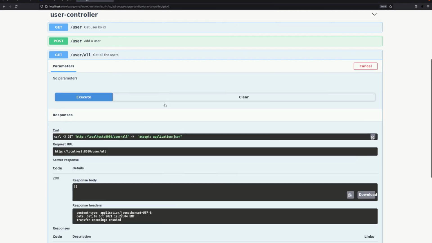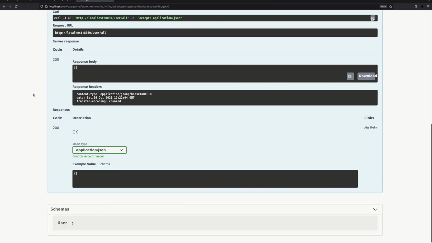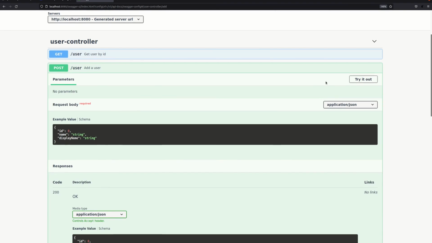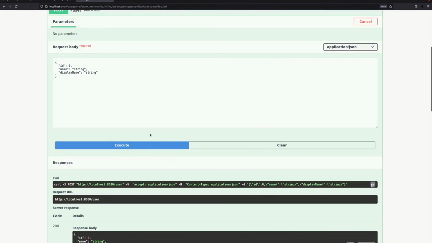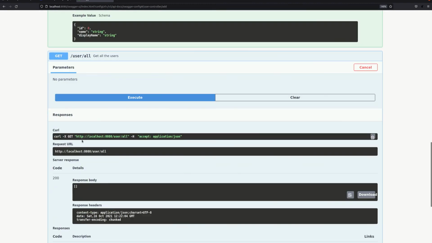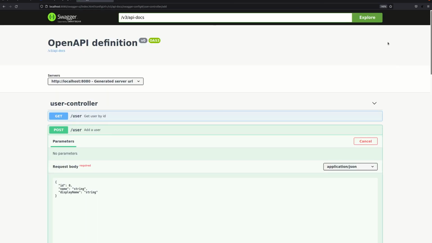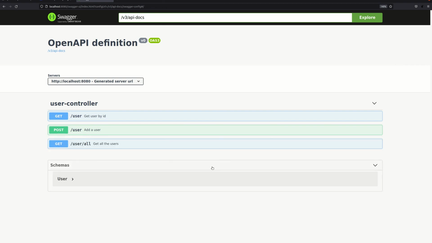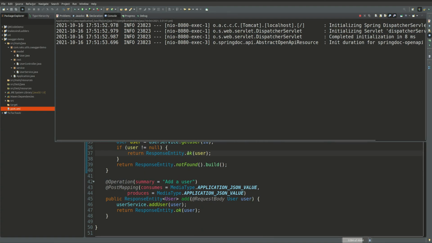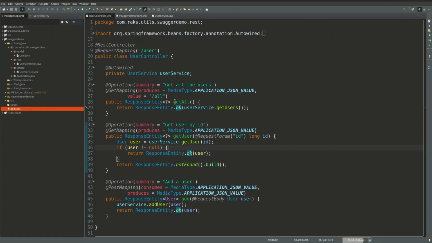We have restarted the server. So this is just a basic example of Swagger UI with Spring Boot. There are some more annotations which you can explore and try with Swagger, just like Operation. So you can modify the UI according to your need.